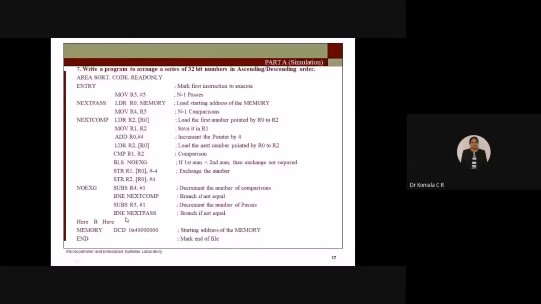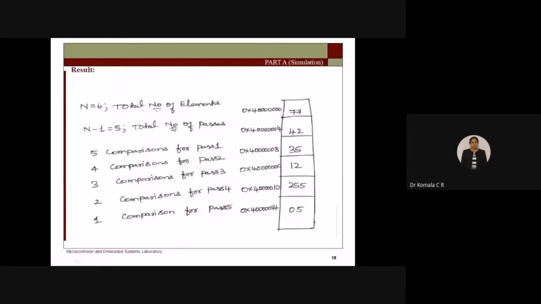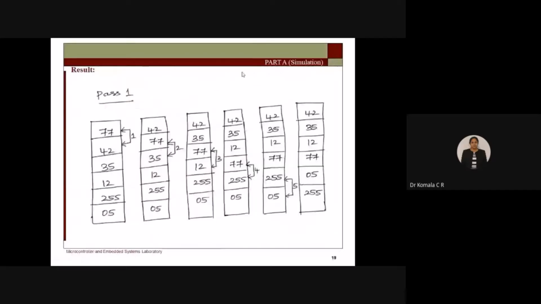So next pass I will do. 4 more pass I will do. Now when R5 is 4, more pass I will do. So now, same way, same steps I am going to execute for the next time. Correct now? So first time again you will take LDR R0, memory, first location you come back, because when you go for the next pass, these are the result you have, right?